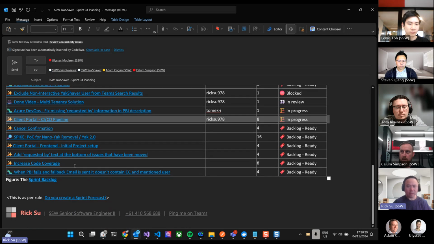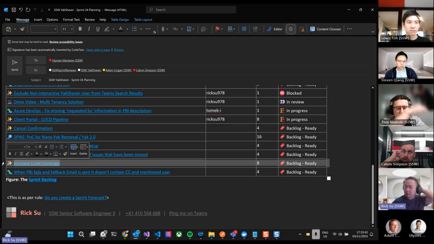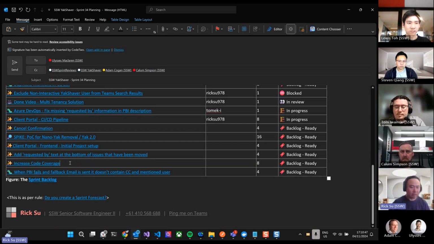And yeah, that's all for the next sprint. I should mention that Leis will be working on increasing the code coverage, because we are currently at 16%. So increasing that code coverage should improve the quality as well.